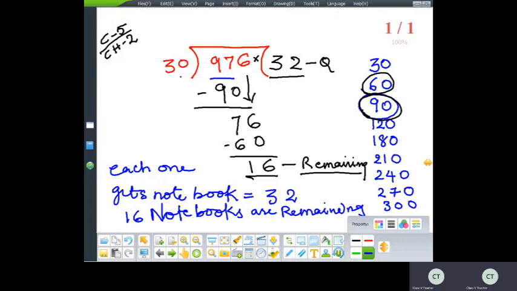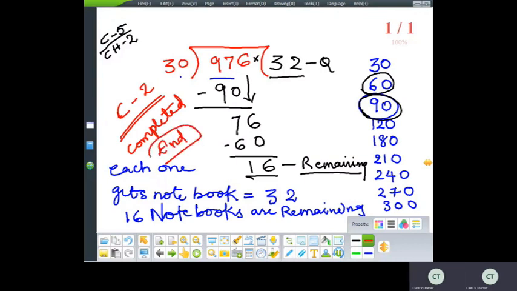Okay, children. So by this, your multiply and divide lesson, chapter number 2, is completed. Chapter 2 is complete. Okay, children. The textbook problems and some more problems for your practice will be given in the My Class Campus app. Please check it, and the answers will also be there. Please kindly solve by yourself, then check the answers. In our next class, we'll start our next lesson, chapter number 3. What is that chapter? Smart tables.